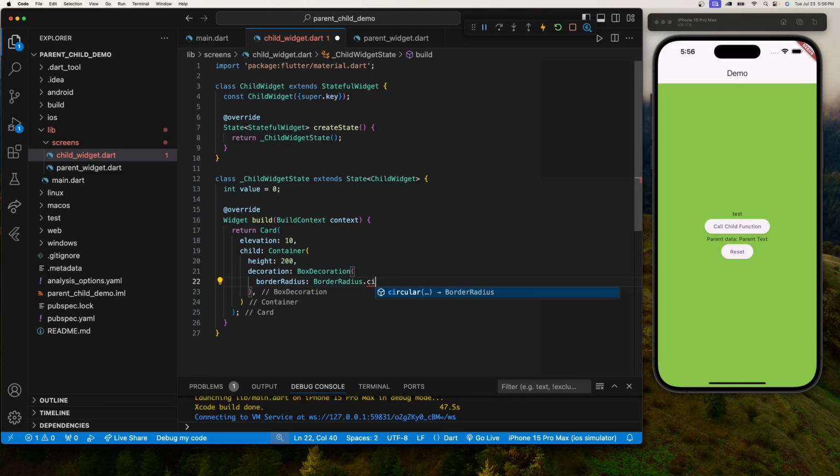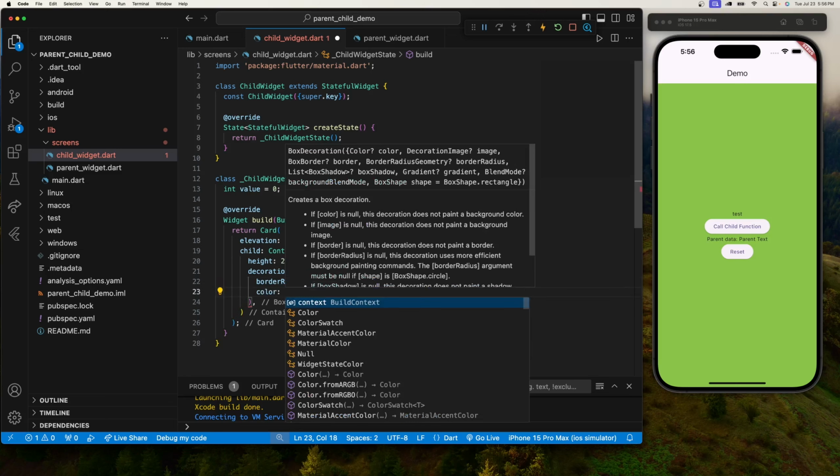Color to the Colors dot light blue. You can choose any color you like. And then under the decoration, I'll make the child column, children, const text, child widget,